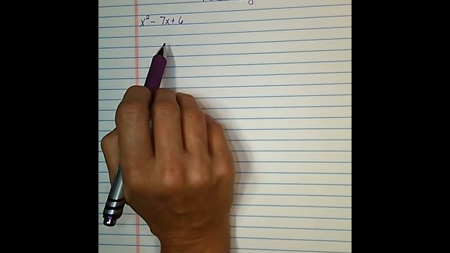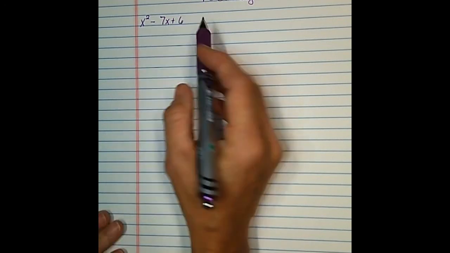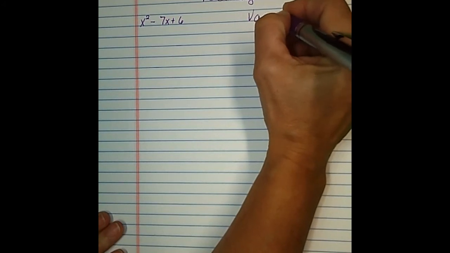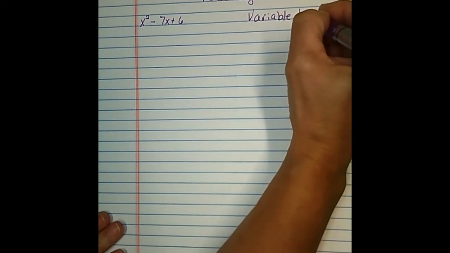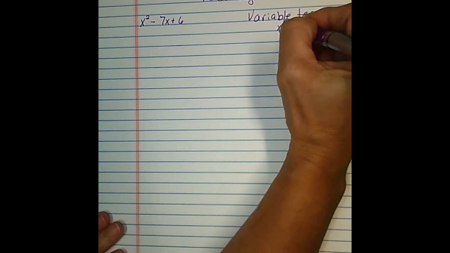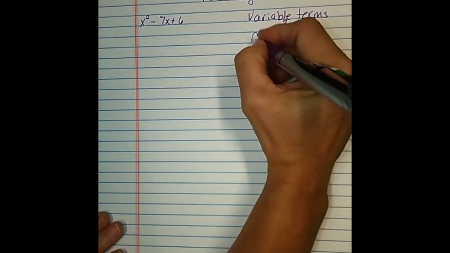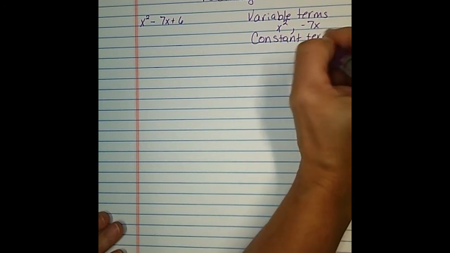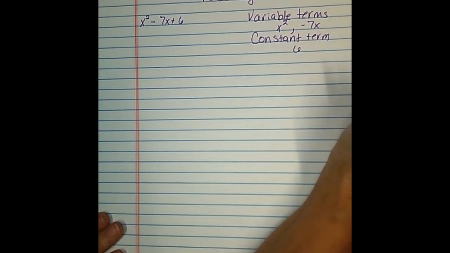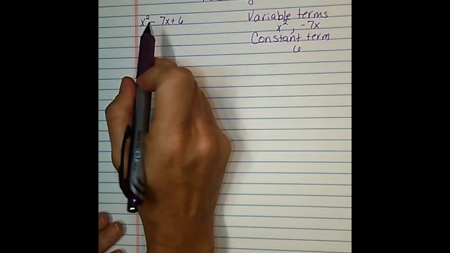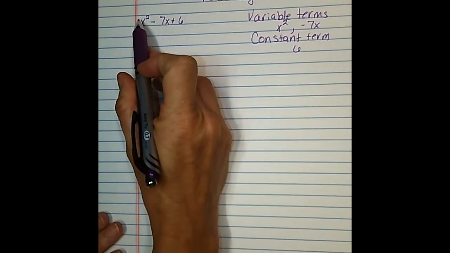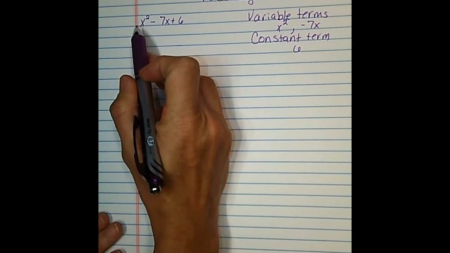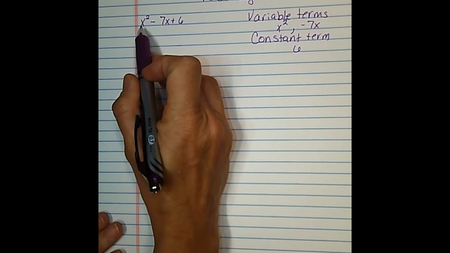My variable terms are x squared and, excuse me, negative 7x. My constant term is 6. So if I was to list the variable terms, I have x squared and negative 7x. My constant term is 6. My leading coefficient is going to be whatever number is in front of my